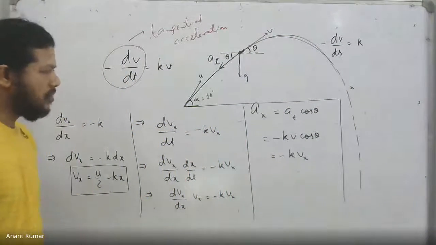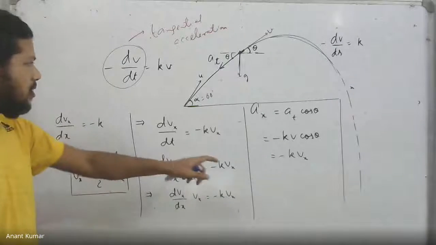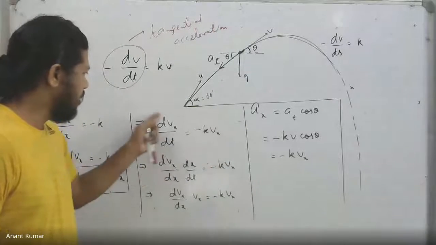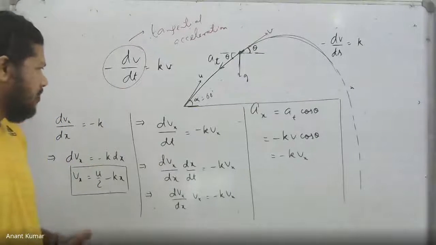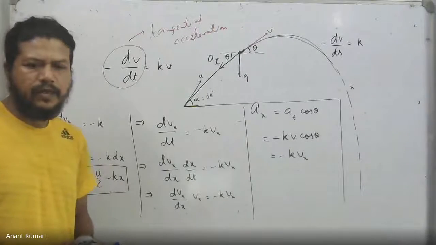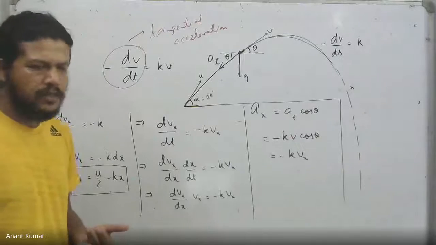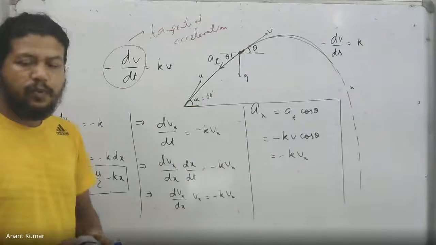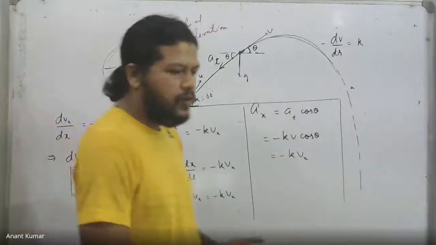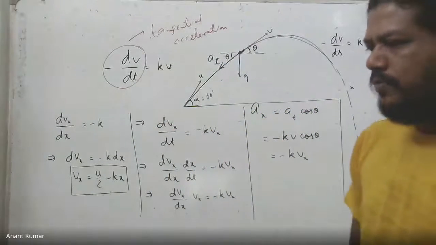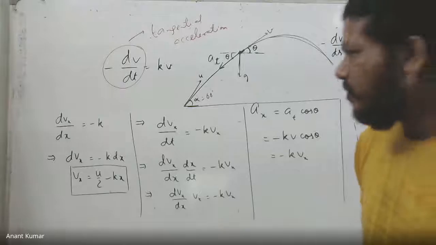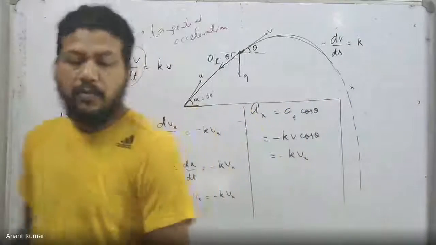In fact, it turns out that then we have to solve this equation, which we have been given over here, dvx by dt equal to minus kv. It basically is not very difficult. It's saying that with respect to time, vx is a certain function whose derivative is proportional to that function, by the way. Now, do you know any such functions which, when differentiated, will give us the same function multiplied by some constant?